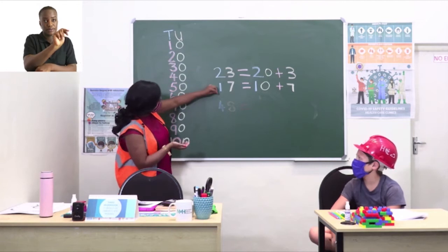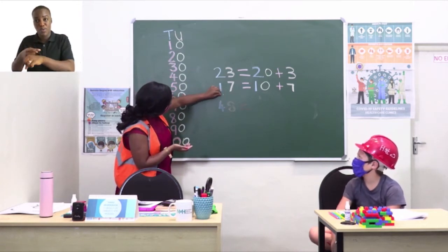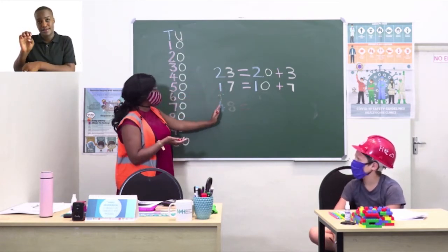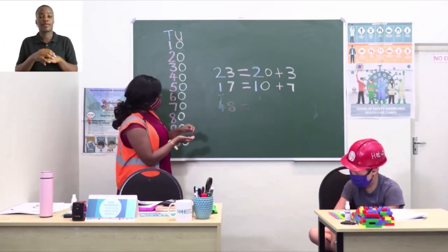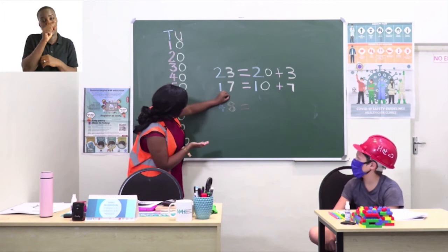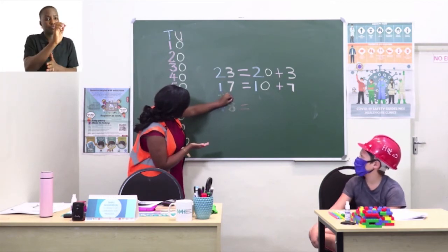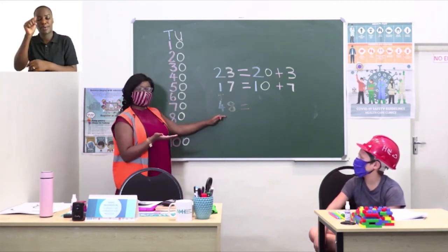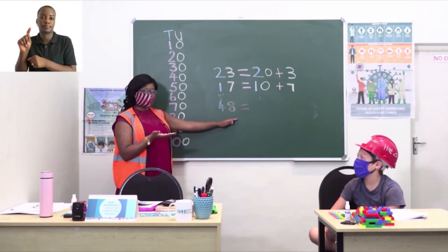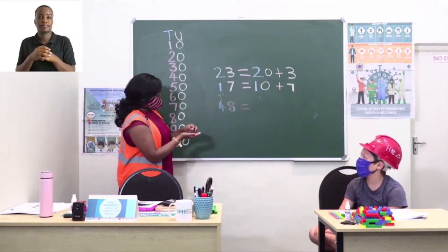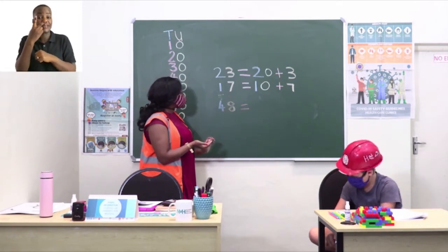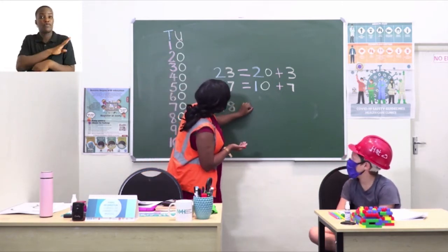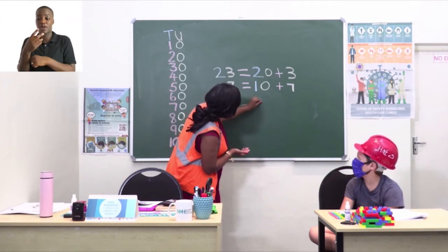So you can write a little T on top to remind you that this is tens. And then you can write a little U on top of the next digit to remind you that this is units. So we are now able to say 48 is equal to 4 tens,